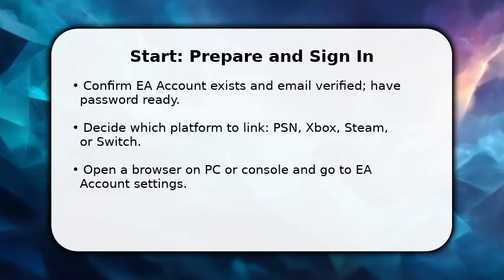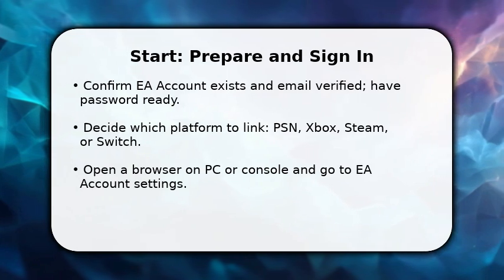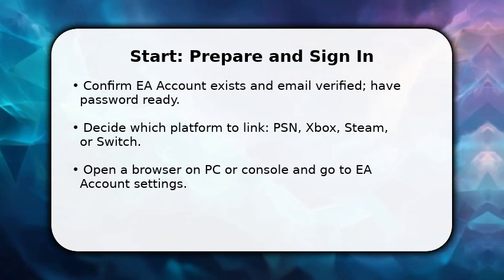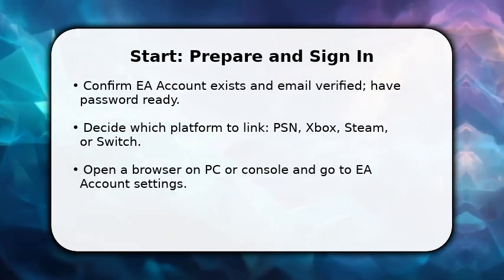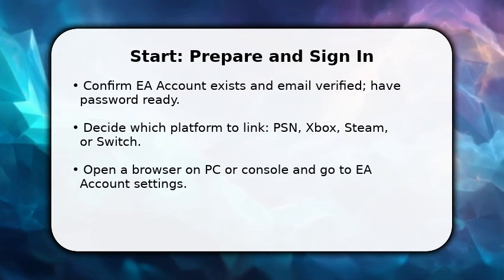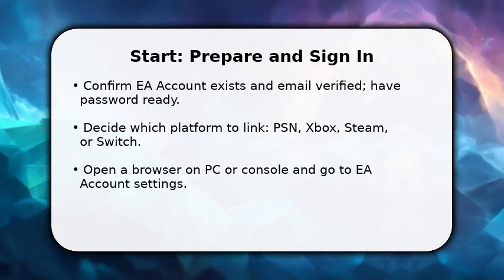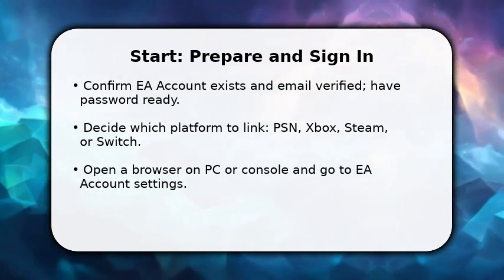You begin by signing into your EA account because that central profile controls your Apex Legends link. Once signed in, make sure your email is verified and you know your password. This avoids interruptions. Next, decide which platform you want to attach: PlayStation, Xbox, Steam, or Switch, and have that platform